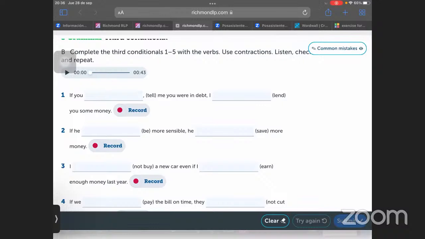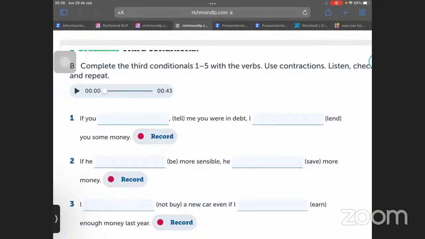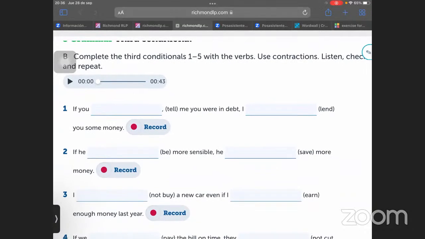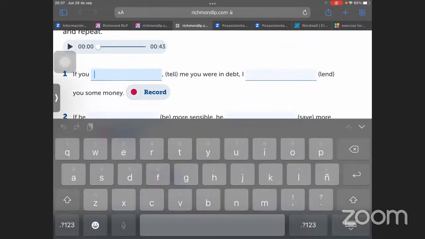So it says, if you, the verb you can use is tell. If you tell me, you were in debt, I lend you some money. Remember, if plus past perfect. Siempre en la cláusula if, past perfect, guys. Siempre. No puede ser would. But okay, tell me. If you had told me,